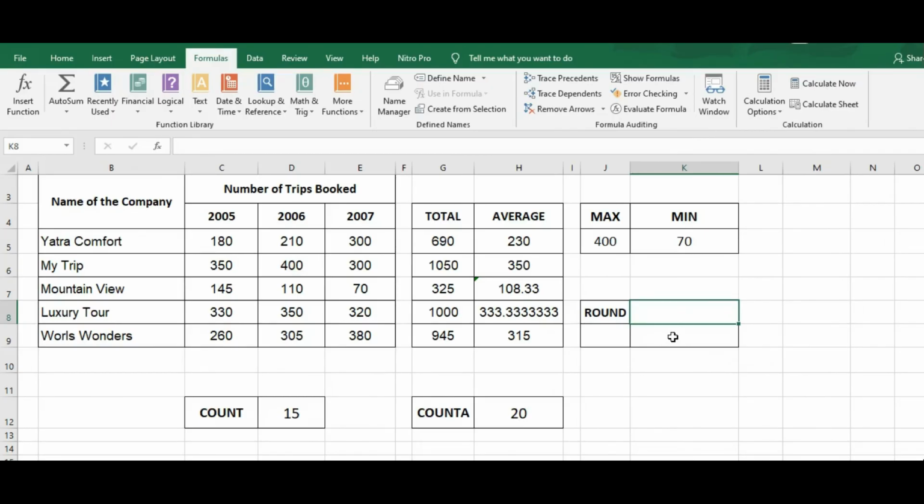Our next function is ROUND. The function ROUND is used to round off a specified number to a specific number of digits.